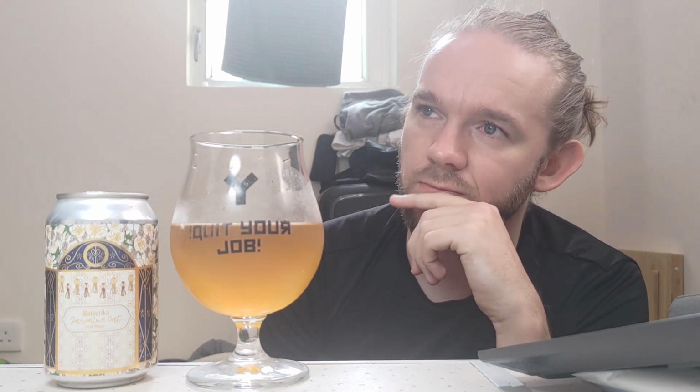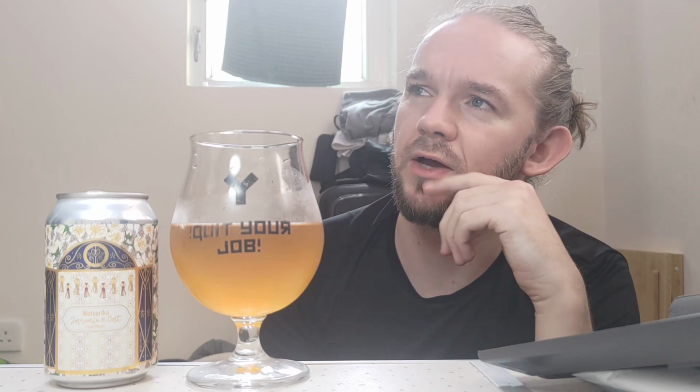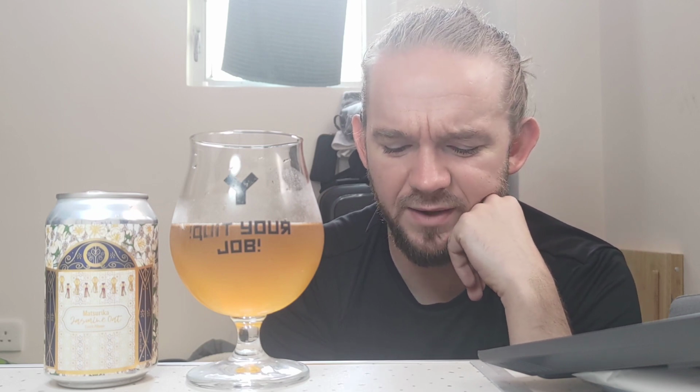So yeah, the way that all of that goes together is pretty nice. At the back of that middle third of your palate, you start to get some of the Pilsner malt characters coming out. So the Pilsner malt is of course going to give you that bit of dryness, crispness, and you can feel that. But above the oaty layer in this beer, you can feel the sweeter side of the Pilsner malt coming